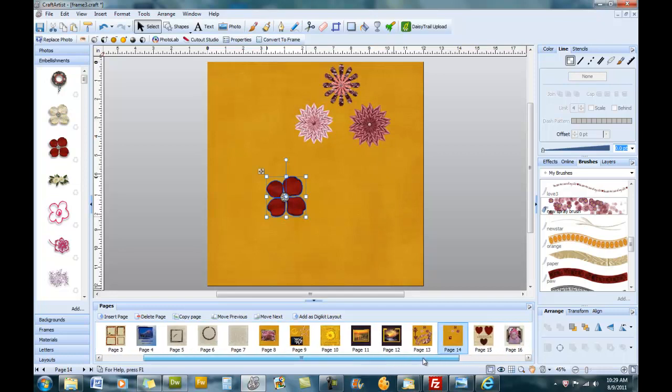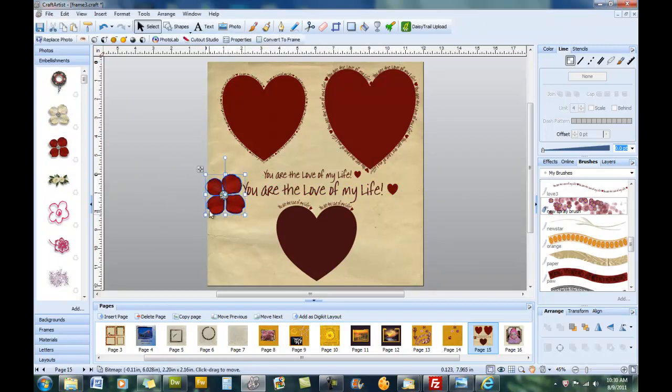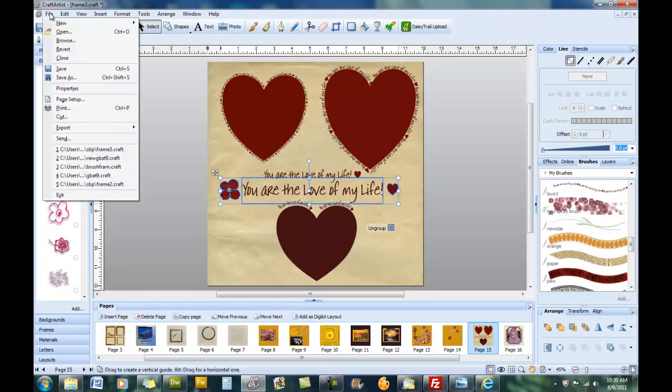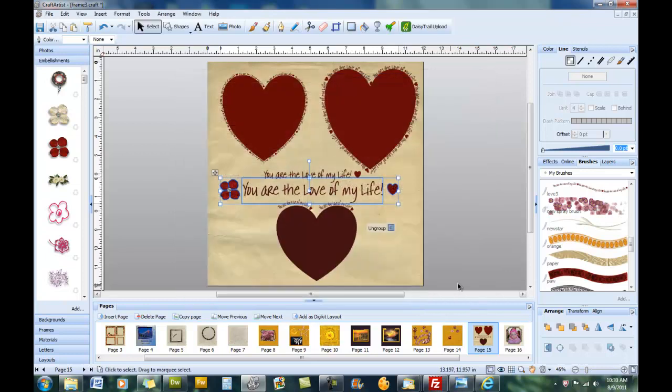Okay, we're almost done here. We just have to talk a little bit about creating a text brush. You can easily create a text brush just by going into text, typing the text, and then also bringing in an embellishment and sizing it. For this one I used a heart, but you can use any. You don't even need to use an embellishment if you just want words. But if you want them both, you just click on them both and group them. And then again, you're going to File, Export, Export as Image,